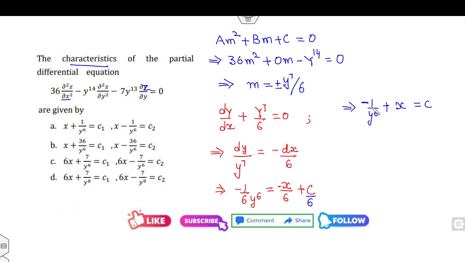Second characteristics curve will be, you have taken as a negative. So that is x minus 1 over... This is one characteristics curve. It's a 36, second option cancel. There is no term involving 1 over y, 6 cancel. And the second option is this one. Fine. So the first characteristics curve is my negative, second is my positive. So the right answer is A.